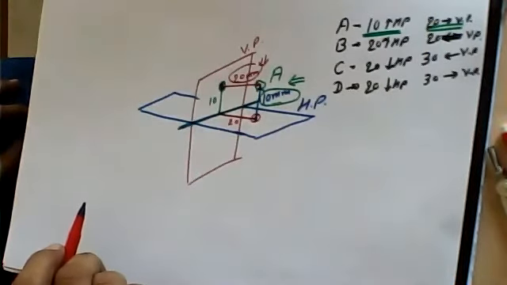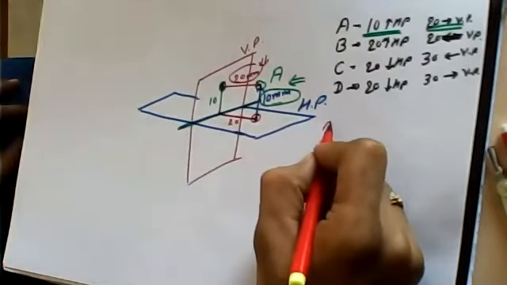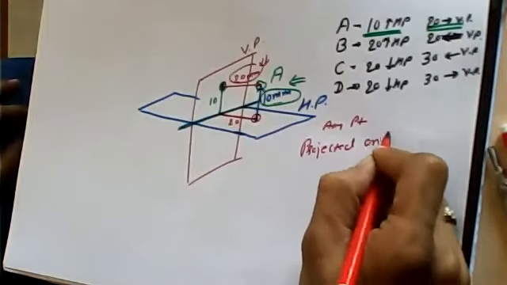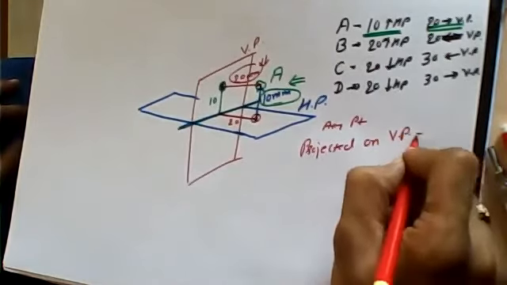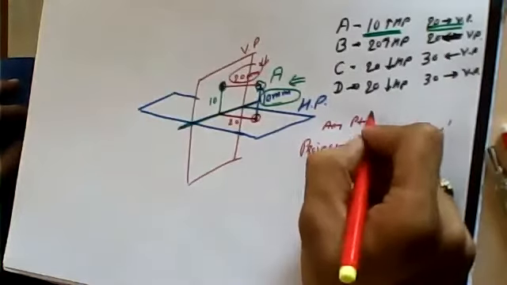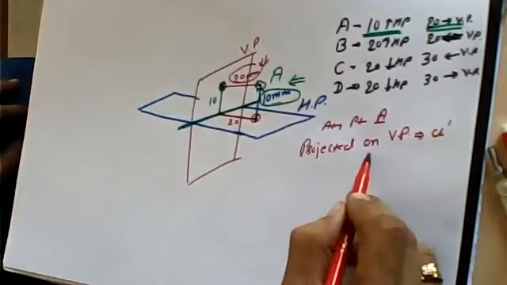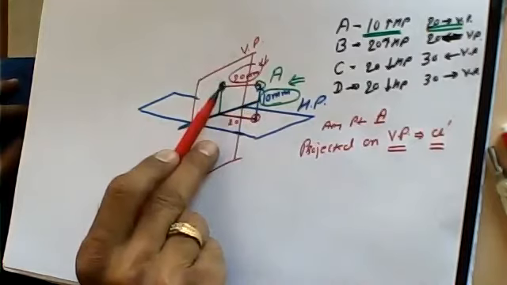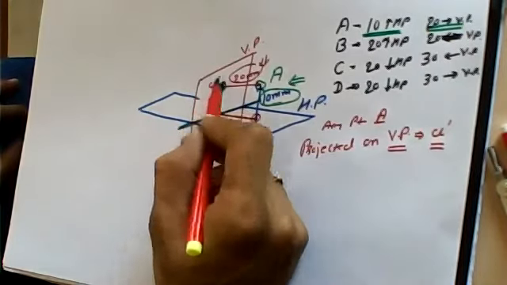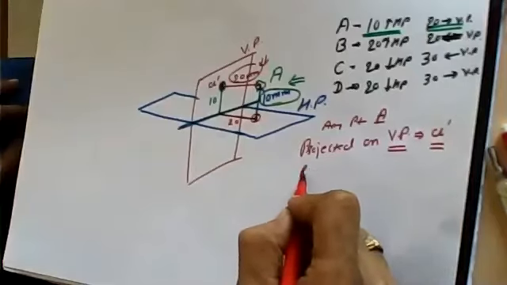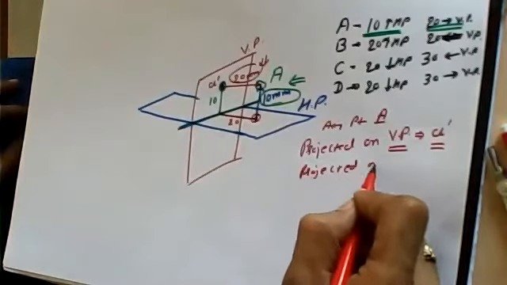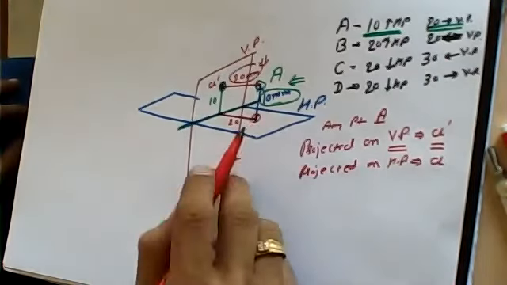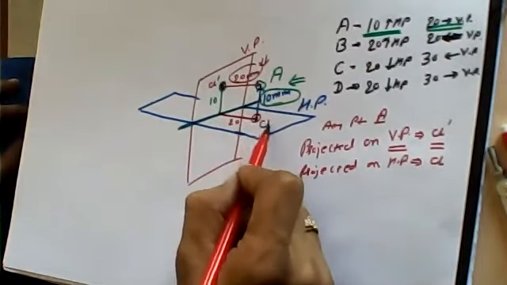Now, what is the designation we refer? Whenever any point is projected on vertical plane, it is going to be called with a dash. And if any point A is there, so A's projection on vertical plane is going to be called A dash. So vertical plane पे जो A का projection है वो यहाँ पे है. So this position is going to be called A dash. And any projection of point when it is projected on horizontal plane, it is going to be called with small alphabet A. So the projection available on horizontal plane is going to be called A.